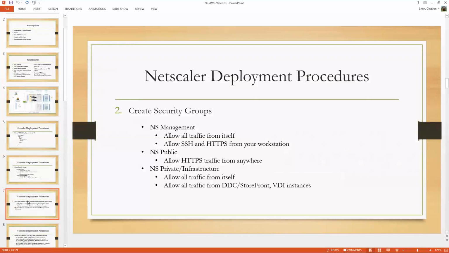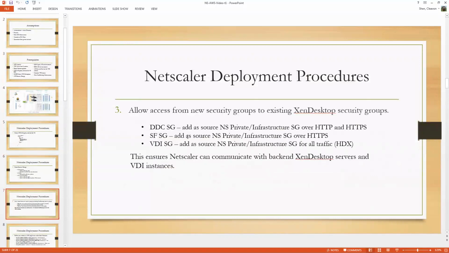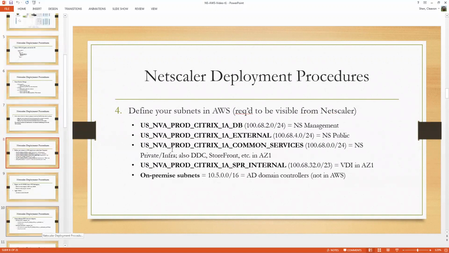Okay, so here, we already did all these steps. We defined our AWS subnet. So here's a good screenshot of the networks that we're using for the purposes of this lab. Also notice our Active Directory controller, so this will be necessary to understand the routing table on the Netscaler